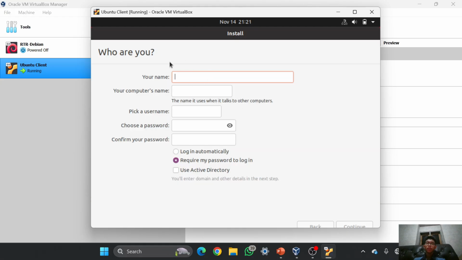And in here I can fill in the description, the name of the computer and also the user. For the name, I think I will use Ubuntu, and for the username I will use GR, and for the password it is this one.